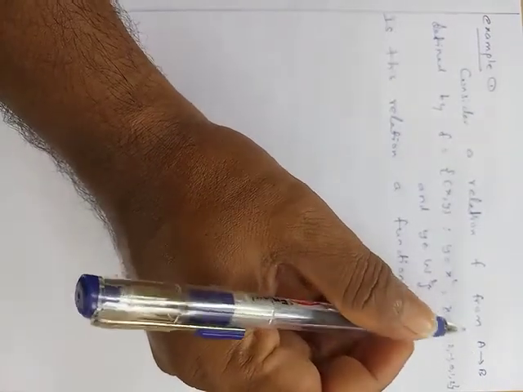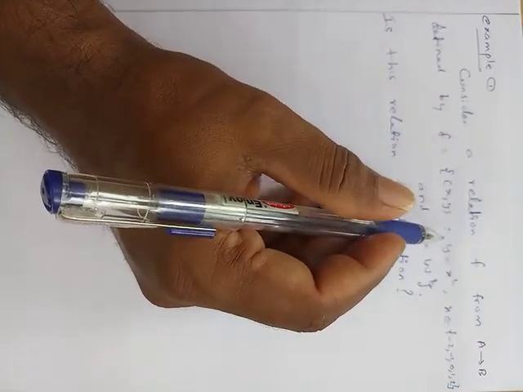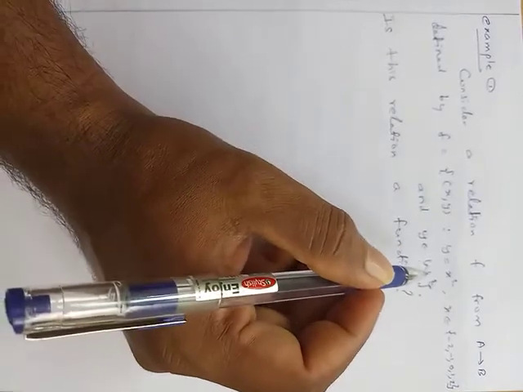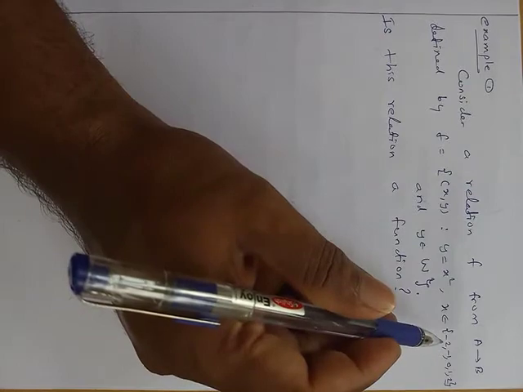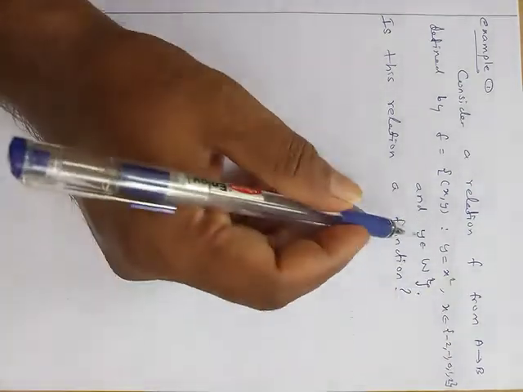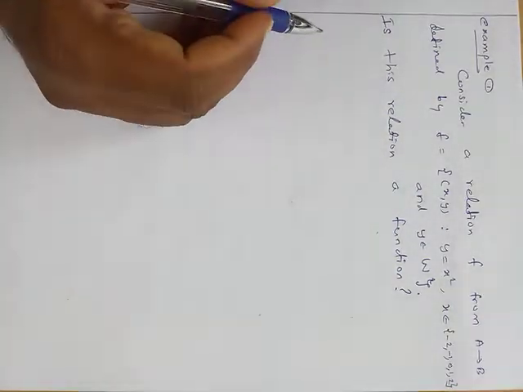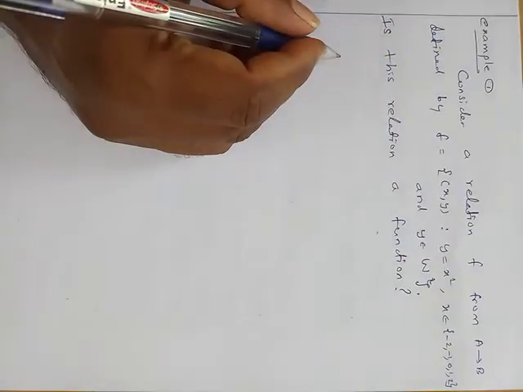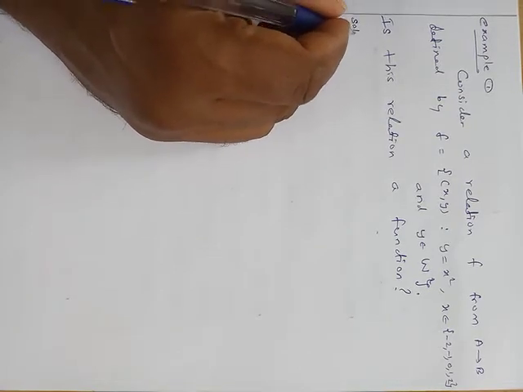Now, an example. Consider a relation f from A to B defined by f equal to the set of (x, y) such that y equals x squared, where x belongs to the set {-2, -1, 0, 1, 2} and y belongs to W, the set of whole numbers. Is this relation a function? First, write the ordered pairs. Solution: